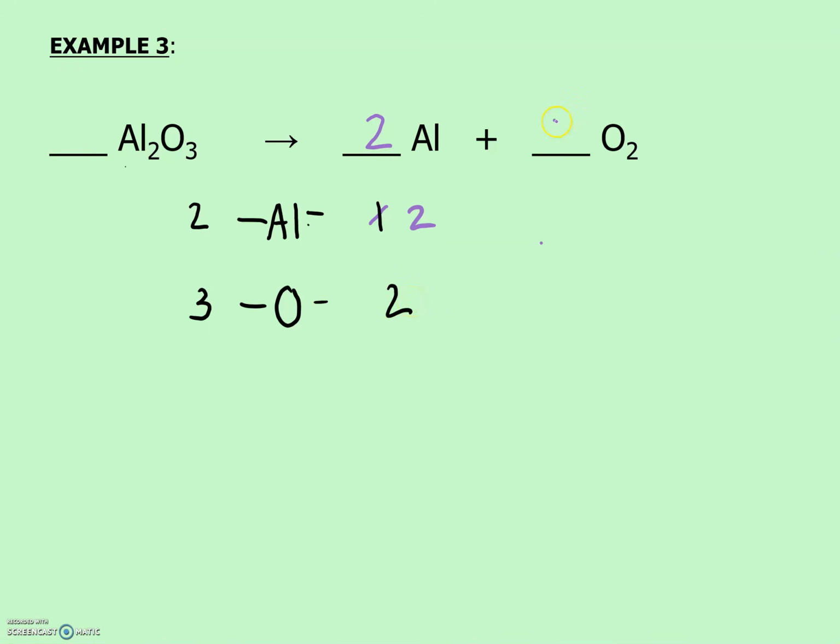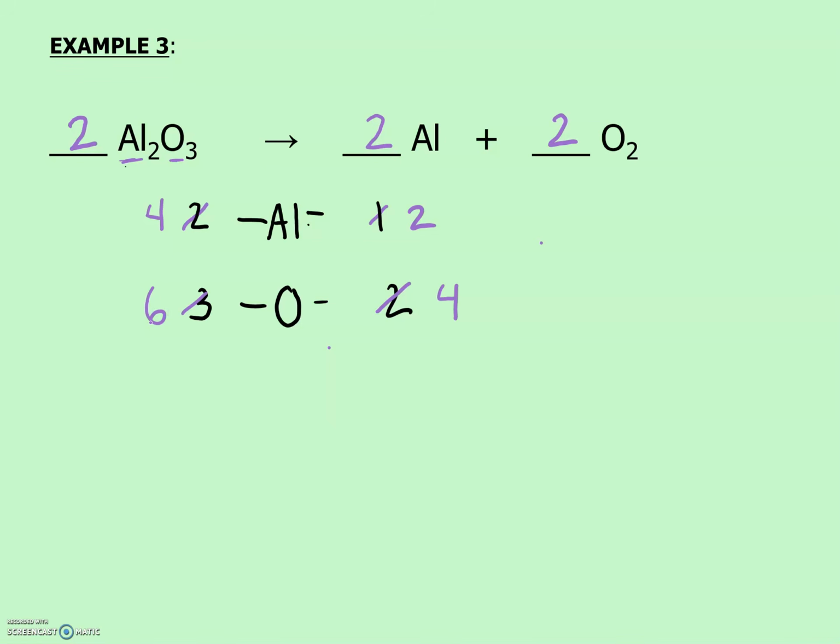If we up this from a 1 to a 2, we end up with a total of 4, which still isn't balanced. So let's head over to the left side, because this needs to increase. And we do that by changing this to a coefficient of 2. Once we do that, it impacts the aluminum and the oxygen over here. So that gives us 4 aluminum and 6 oxygen,